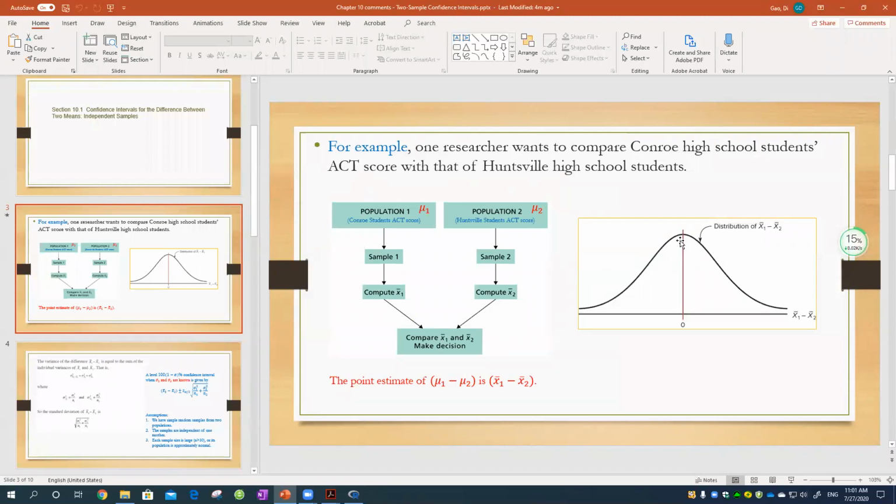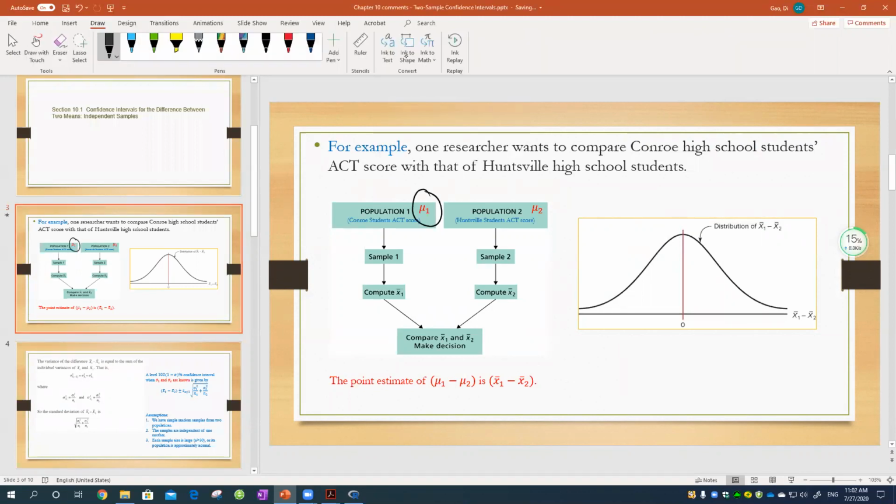One researcher wants to compare Conroe High School students' ACT score with that of Huntsville High School students. So now, instead of just one population, we really have two populations. So population 1 represents Conroe students' ACT score, and then the population mean we use mu1 to represent that. And we do have population 2, which is Huntsville students' ACT score, and then we use mu2 to represent the